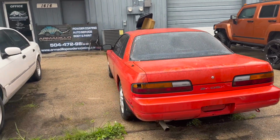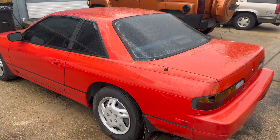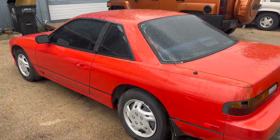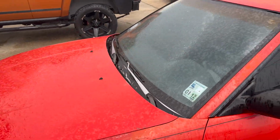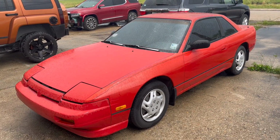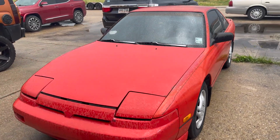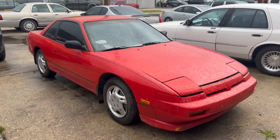All right, so I'm here waiting on the guy to show up, but before he gets here, let me just give you a little quick rundown on this car. So the guy I'm buying it from, it's his aunt's car. She was the original owner. She bought it brand new. The car has 87,000 original miles on it. Probably can't see it yet, but she drove it. Look, last registered 2012. She drove it till 87,000 miles, and then she parked it, and the guy I'm buying it from, his aunt's sister bought it, so it stayed in the same family, and when she bought it, they had plans to fix it up for their daughter, and then it just continued to sit,